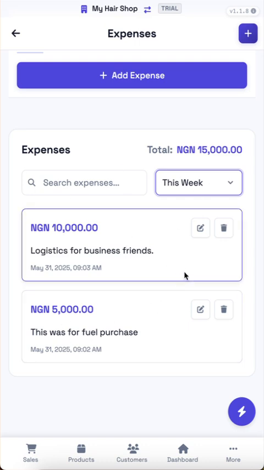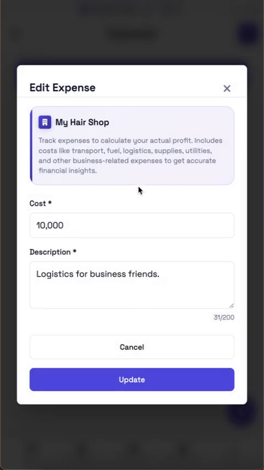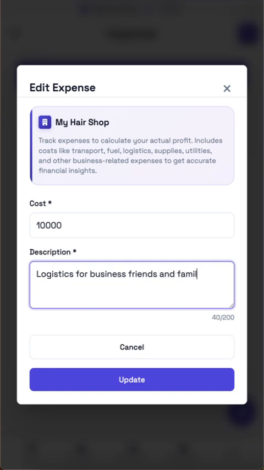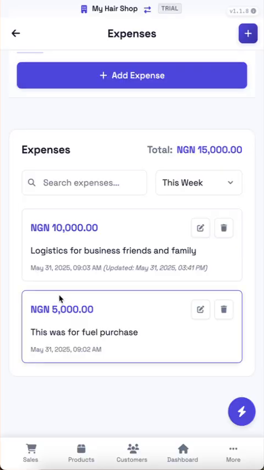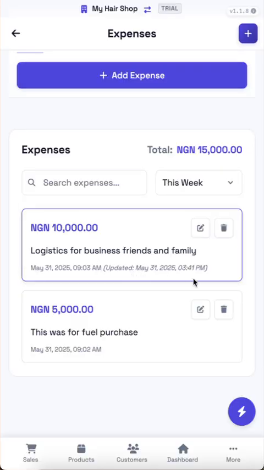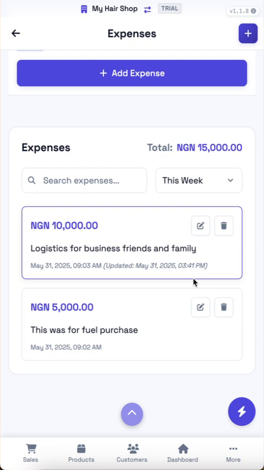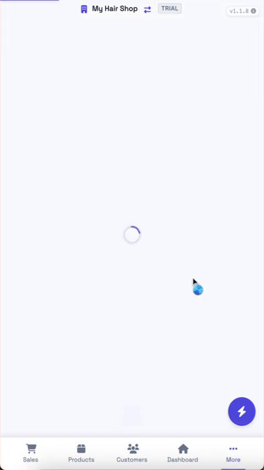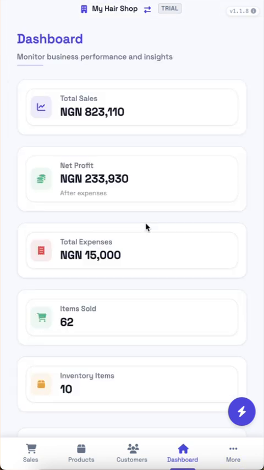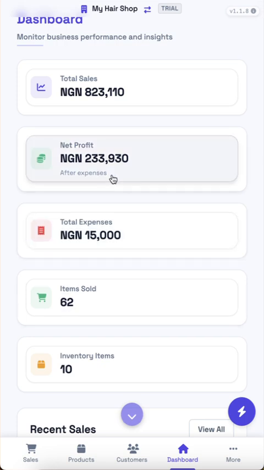So these are expenses. Like you see, you can always edit your expenses, you understand. Friends and family, you understand. So you can always update your expenses, which is going to show updated. Okay, very good. So expenses is very important for calculating, like as you saw, your actual,